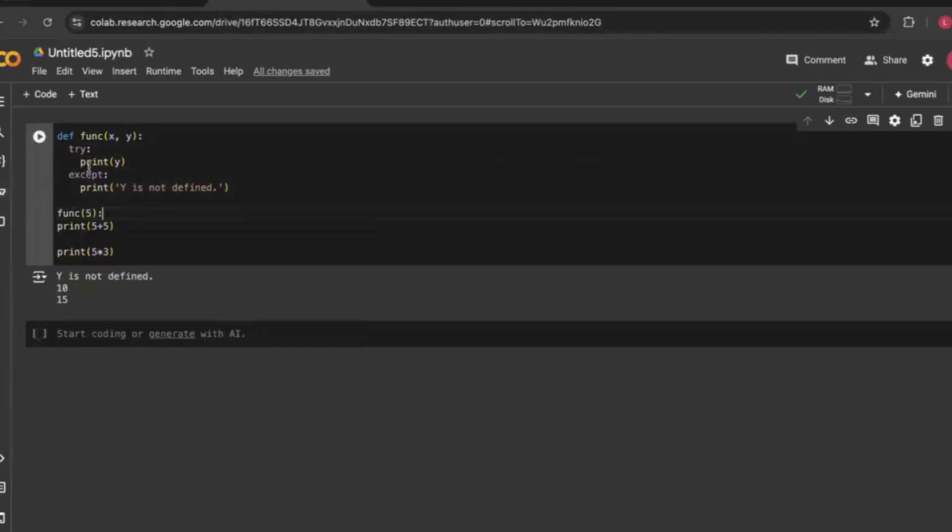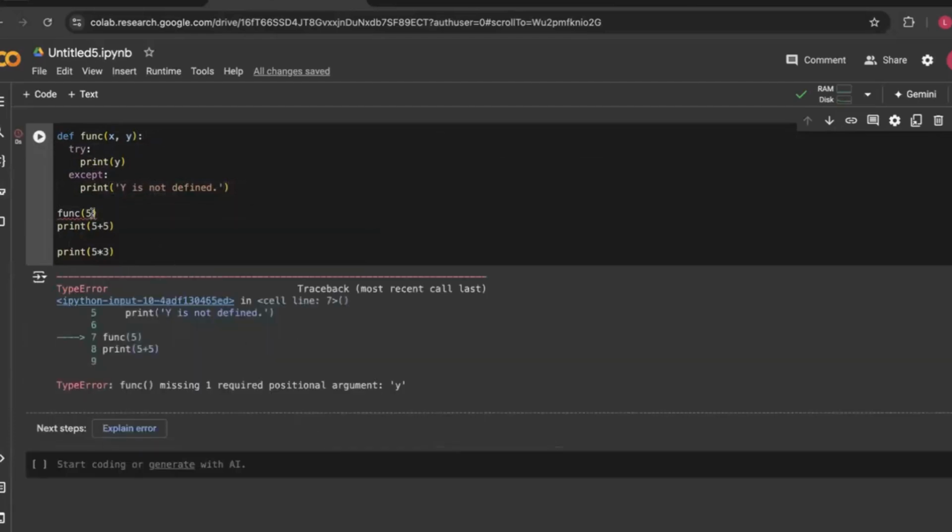I'm sure this is going to give me an error anyway, because it's missing the argument, yeah. I was trying to play around with it and see if I could get this to work without Y being defined, but